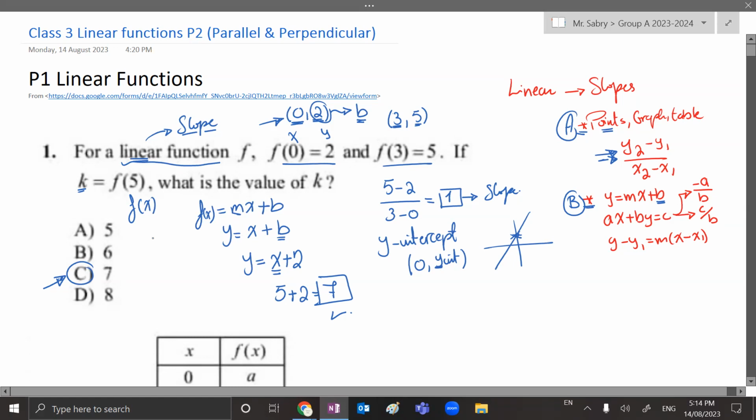So I realized خلاص I needed to get the slope. I got the slope first, which is 1, and I substituted 1 instead of the m. Now what I'm missing is the y-intercept. In order to find the y-intercept,